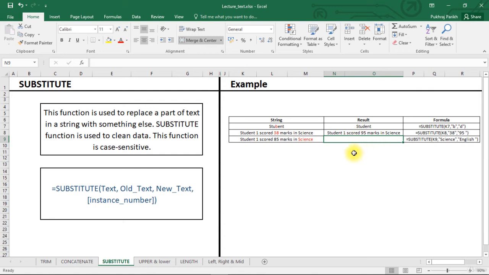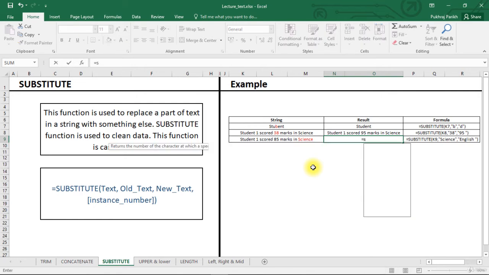So student 1 scored 95 marks in science. In the third row, we can change the text science to English. Important thing to note here is that the word science is case sensitive. If you make the S of science small, it will not be able to recognize the same.